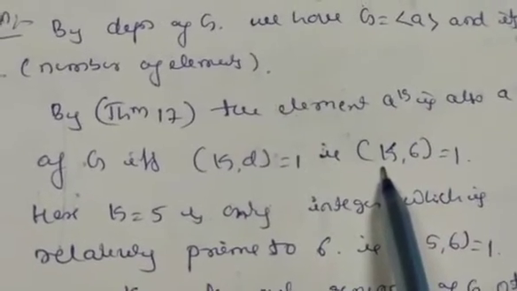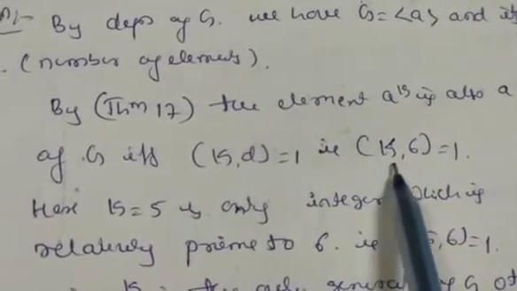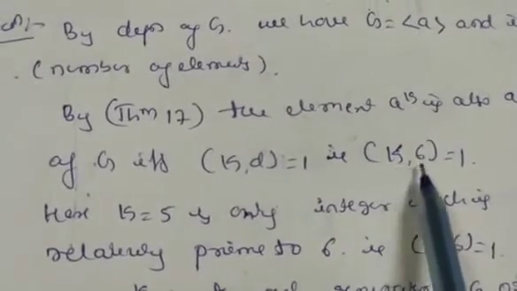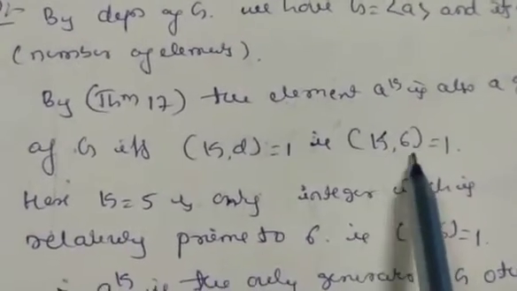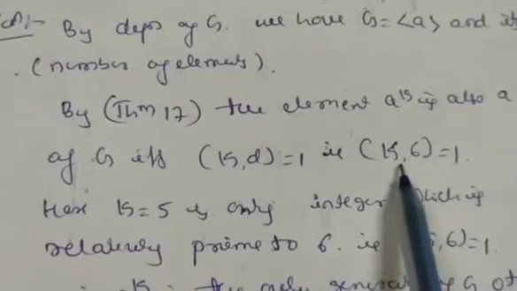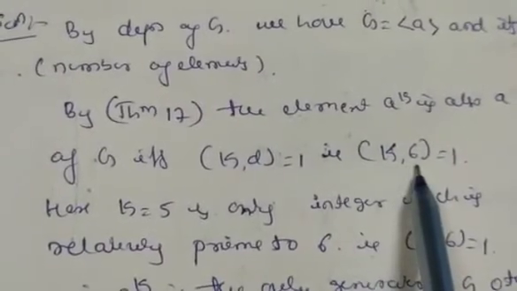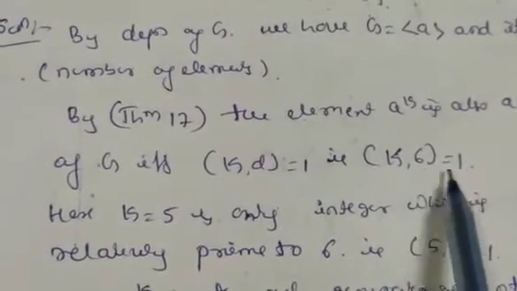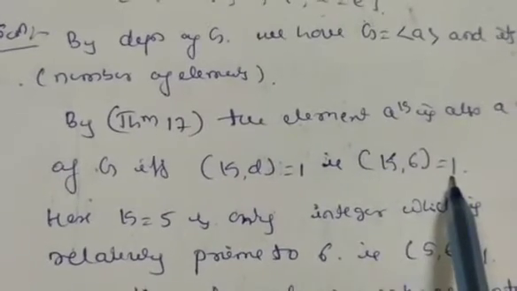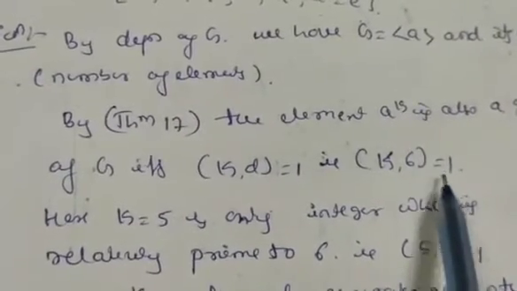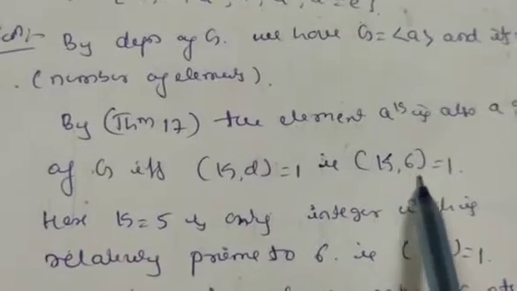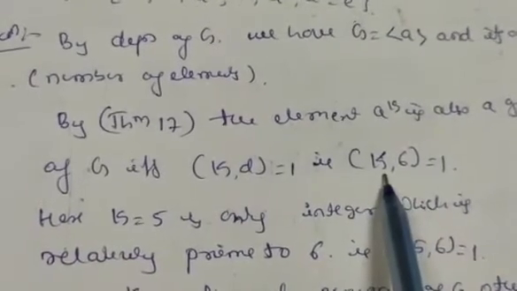First you have to start from k equals 1 only. So 1 comma 6: 1 is not a prime number, so we go for the next, 2 comma 6. Here the GCD is not 1; the GCD of 2 and 6 is 2. Therefore k is not equal to 2.